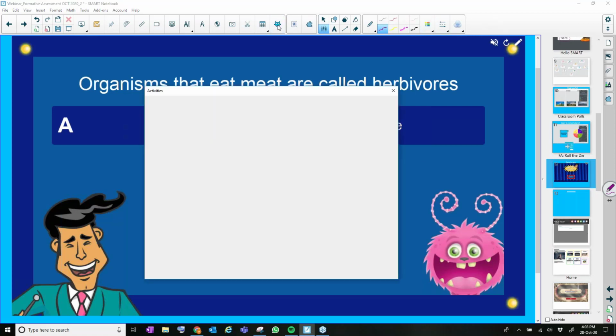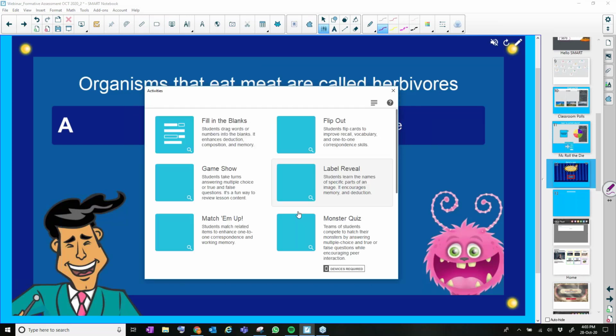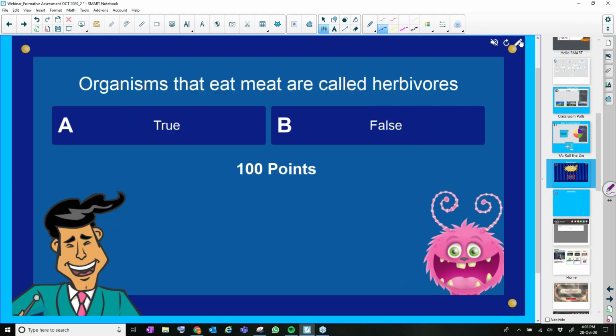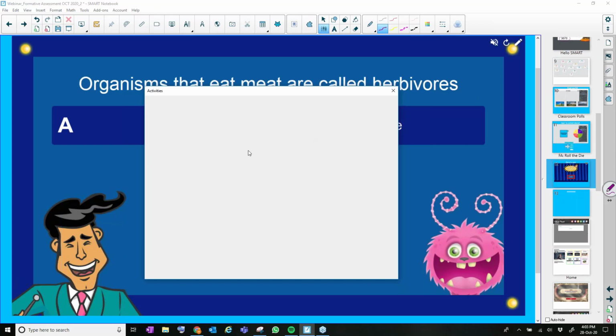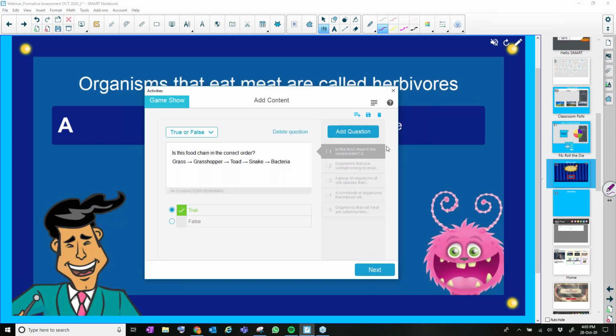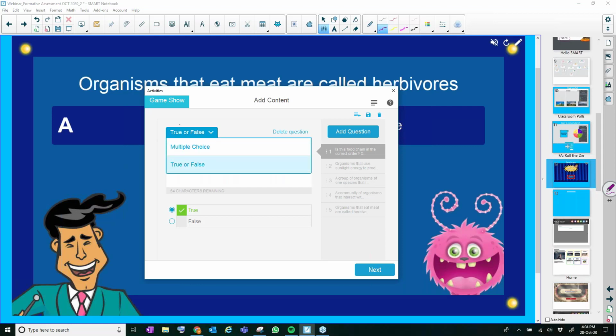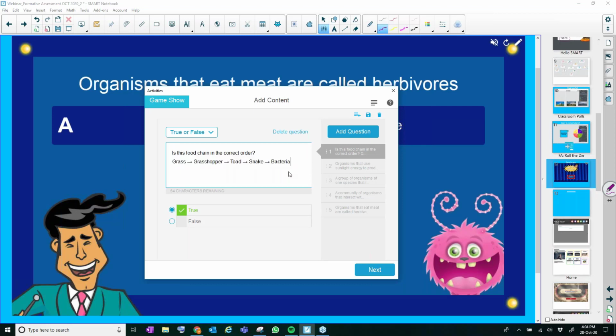We go back to our Smart Lab, our little arcade of templates here, and this one is called Game Show. So I just went to Game Show and I clicked on it. I'll show you in edit mode just what it looks like. Once I've clicked in it, it brings up a blank template, and I choose: is it a multiple choice or true false? Well, this one's a true false, and I put in my questions there and then select if it's true